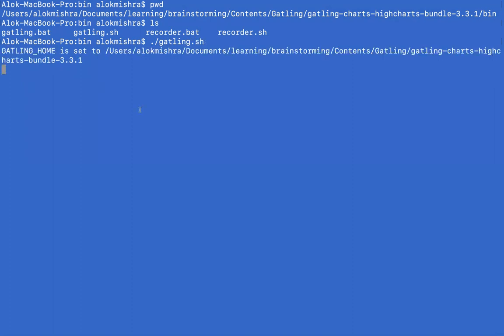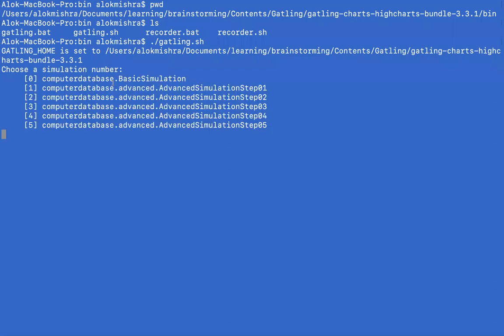Once you execute, Gatling home will be set to your default downloaded directory. You can choose any one of the scripts that are provided by Gatling. Let's choose the basic script. Provide some name.